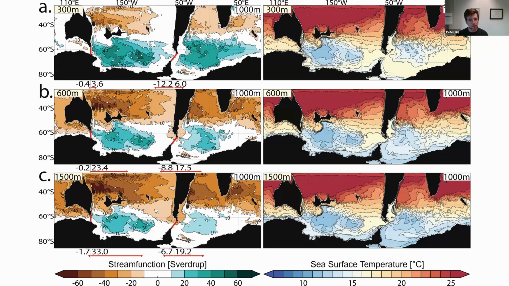But you do see that it doesn't matter which gateway you deepen. You need to deepen the second of the two gateways, and only then you start to see some oceanographic consequences. So if you have a sediment record here in the South Atlantic and you see a change that you interpret as a deepening of the gateway, it doesn't matter that you are close to Drake Passage, that it must then be Drake Passage that changes. It can also be the Tasmanian gateway. That's how well these systems communicate and how much they depend on the two gateways being deep.